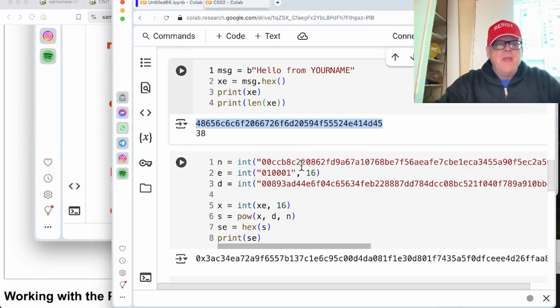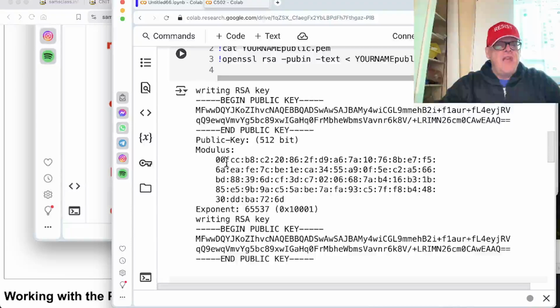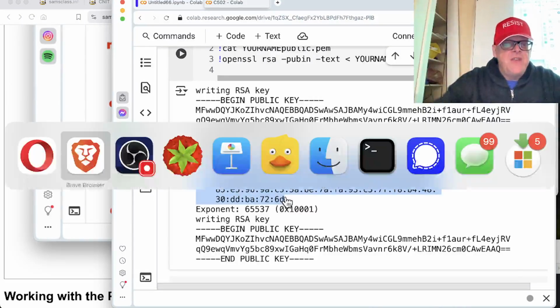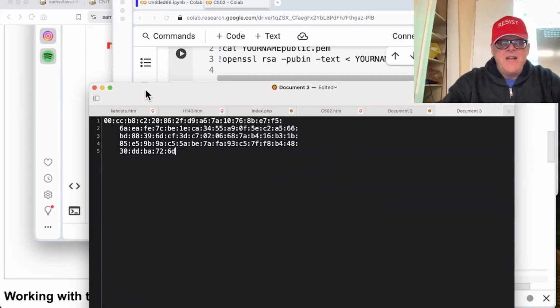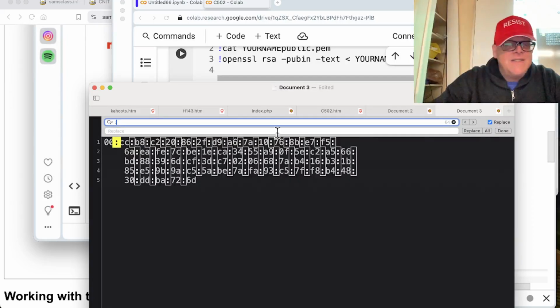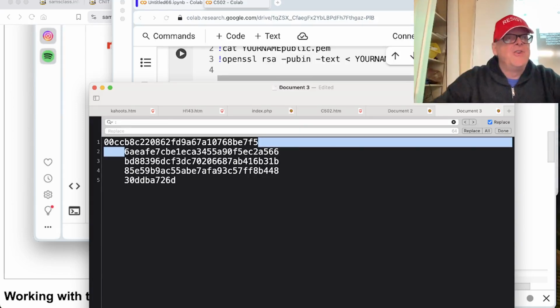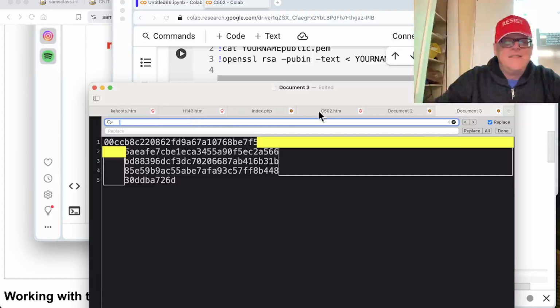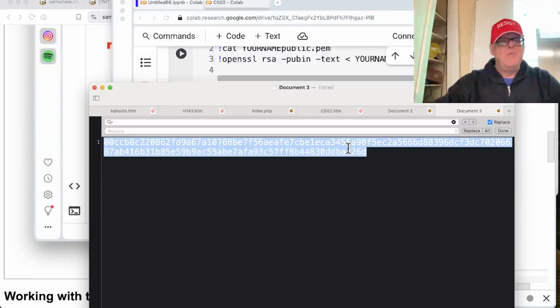Okay, now here I have to have N, E, and D. And what I have to do is bring in the values from here. So I had to go back here. Here's N, for example. And what I had to do was take this and put it in a text editor because I have to clean it up. For some reason, they put colons in it and all that junk. So you have to get rid of that. You have to get rid of colons and replace them with nothing. And then you have to get rid of this carriage return and 5 spaces, and replace that with nothing. There. And replace all of them. There. Now you get one long hexadecimal number without the junk in it, and that's the format you need